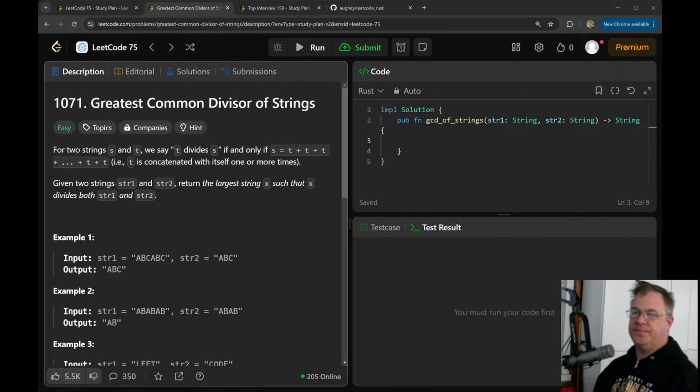So if let Some next T equal next T, else we need to set T equals T chars, T dot next dot unwrap.